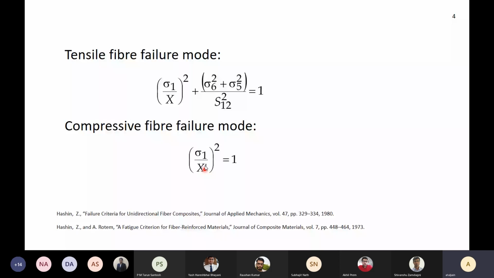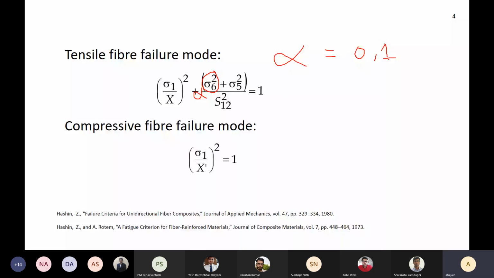Okay, and nowadays in the latest version of Abaqus, another new improvement has come where they say that it is x1 this term plus alpha into this. Alpha is the shear contribution coefficient. Alpha can vary, this is only in software Abaqus, from 0 to 1, meaning that if you are loading in the tensile direction, how important is the shear, that is user defined. If you put alpha equal to 1, then it becomes Hashin failure criteria. But if you put alpha equal to 0, then it becomes the Rotem failure criteria. You can do both in the software Abaqus.